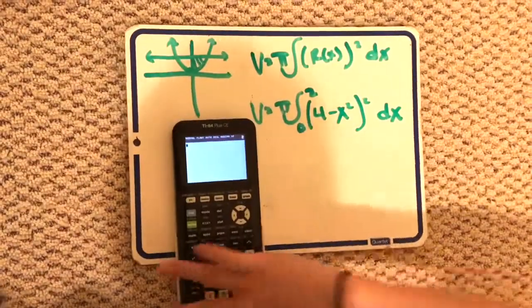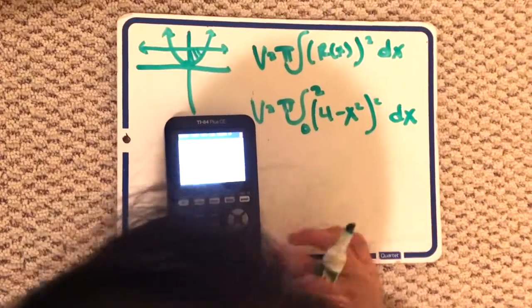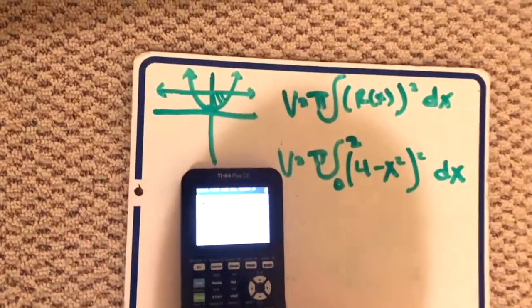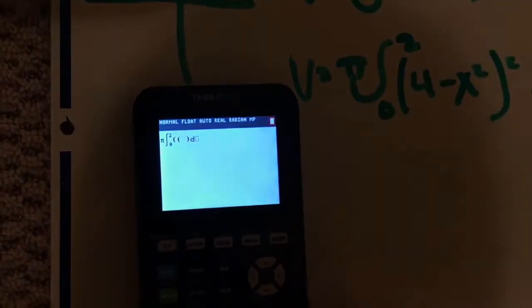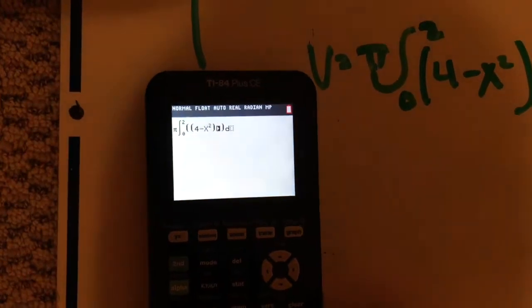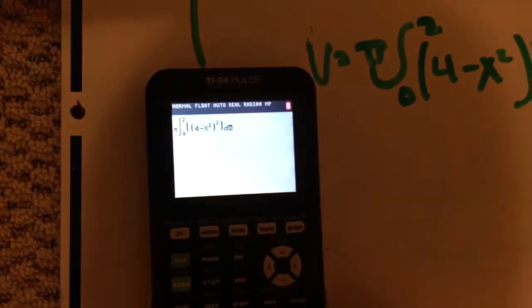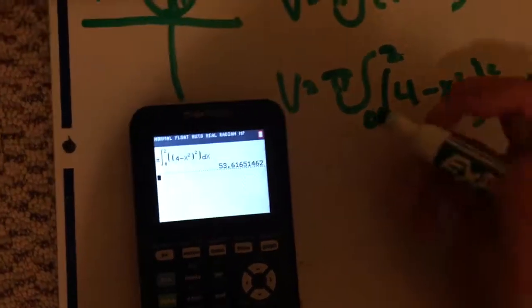So once you type this into our calculator, it will be pi times the integral from 0 to 2 of (4 minus x squared) squared dx. So that makes the volume of our solid